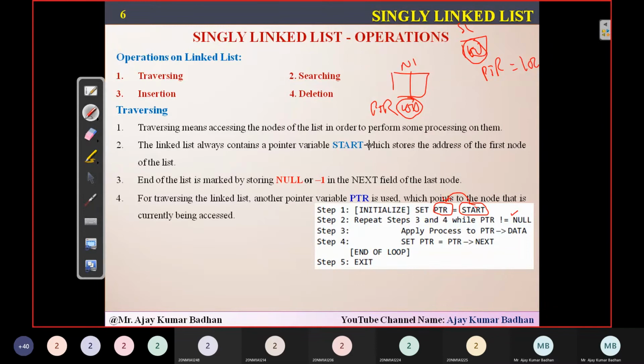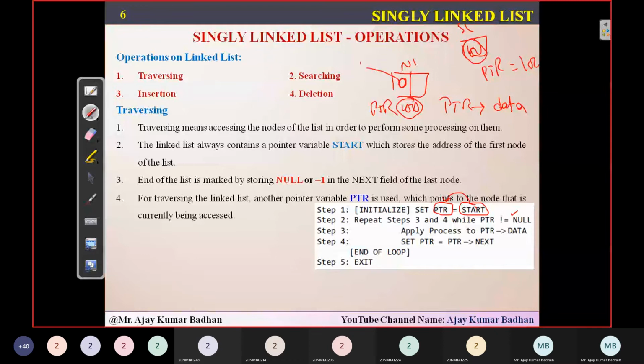We call it node 1. Now what do I need to do in this case? I want to access this particular data. As I told you, how can we access the data? ptr->data, because data is a variable we used in struct node. Whenever we are creating a node, we can access whatever data is present there using this variable, data.